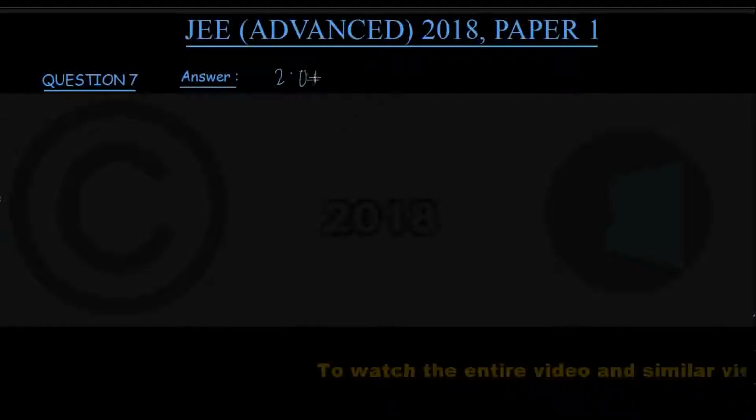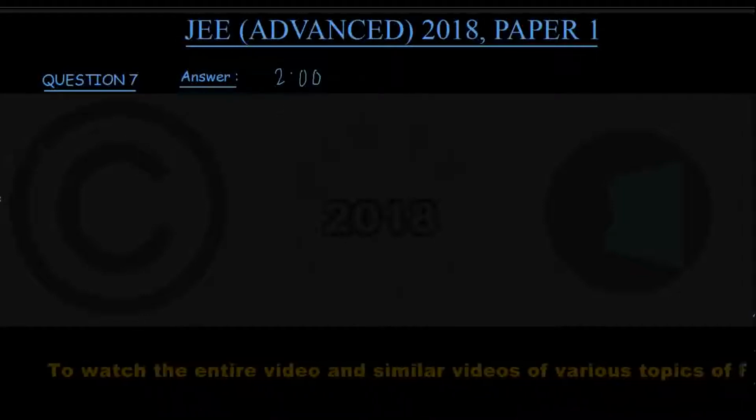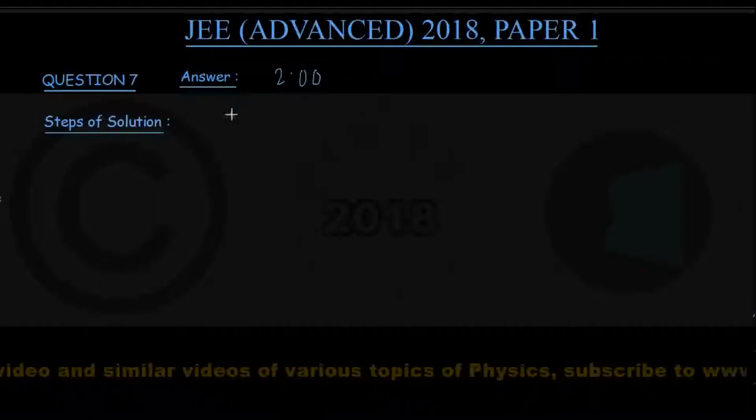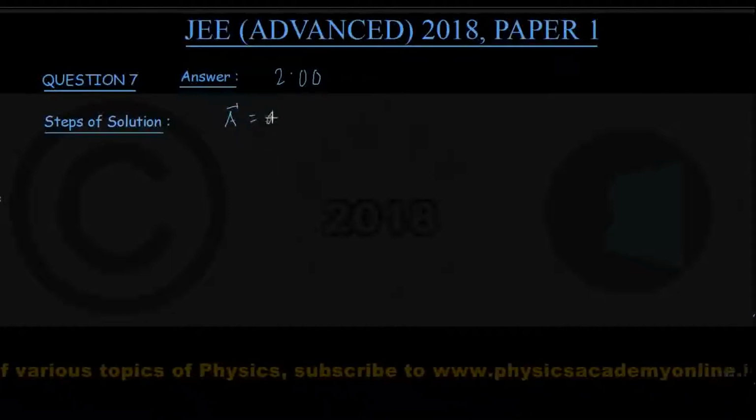For question number 7, the answer is 2.00. That is, the value of tau is 2.00 seconds. And to show the steps of solution, let us recall that one vector A is equal to A into I cap,